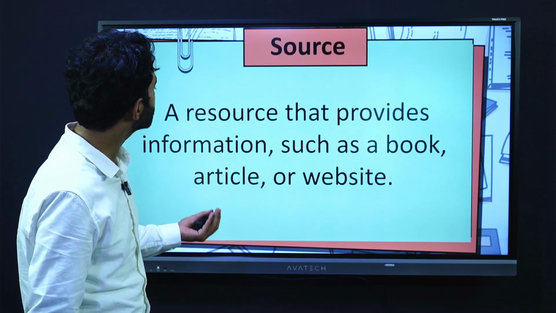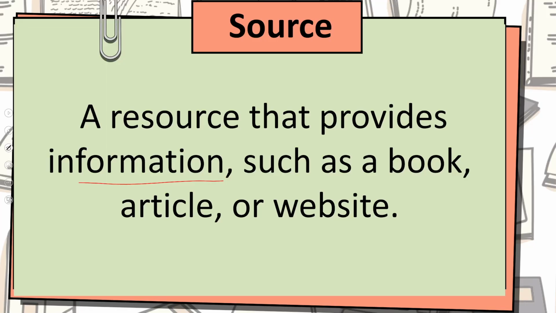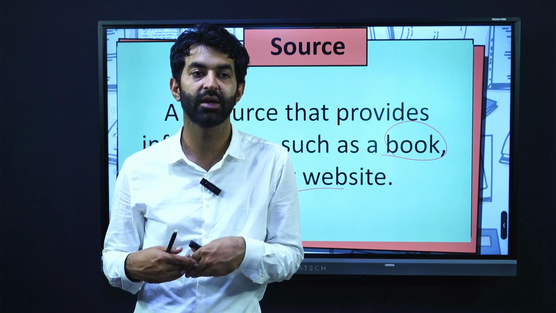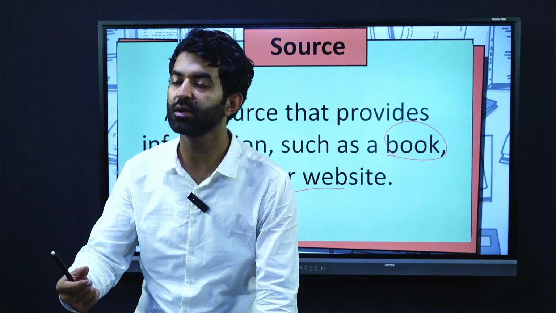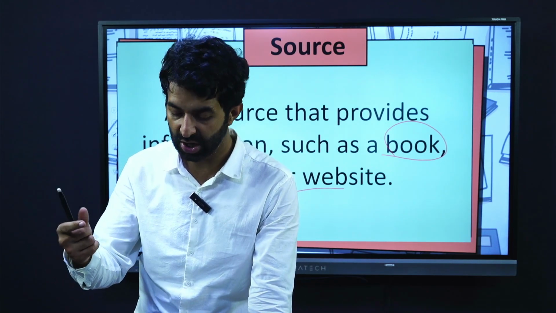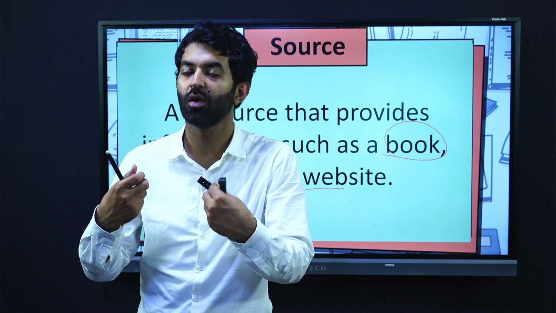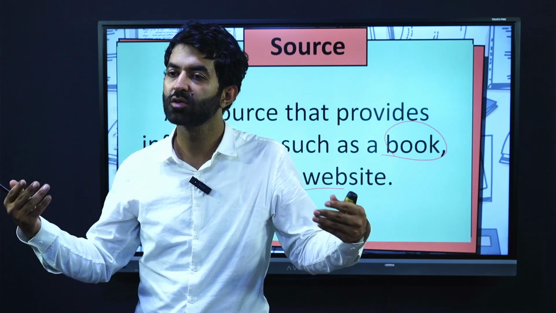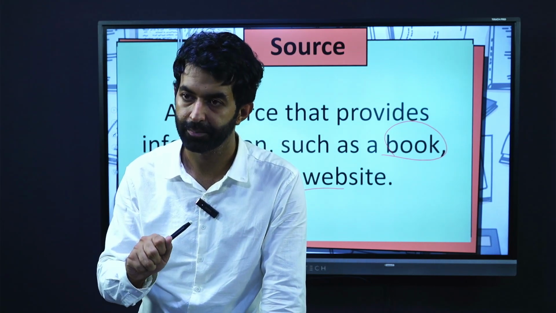Now, what is a source or resource? That provides information such as, it can be a book, it can be an article, it can be a website, a blog, a newspaper, news story, it can be a magazine, it can be a research article, journal, कुछ भी हो सकता है. चाहे वो आपके पास फिजिकली हो और चाहे आपके पास उसका पीडीएफ है, सॉफ्ट फॉर्म है. ठीक है, you can take the print out. All these are your sources. तो यहां से आप अपना डाटा इकट्ठा करेंगे. ऑलराइट,